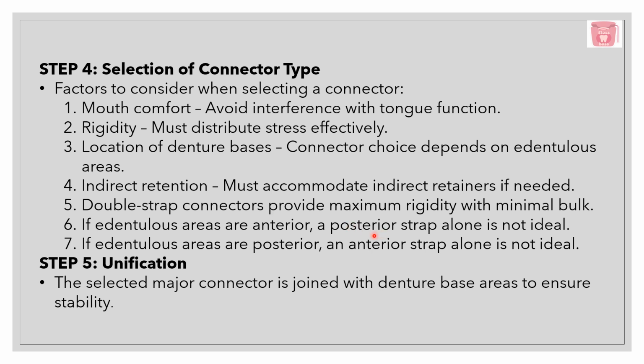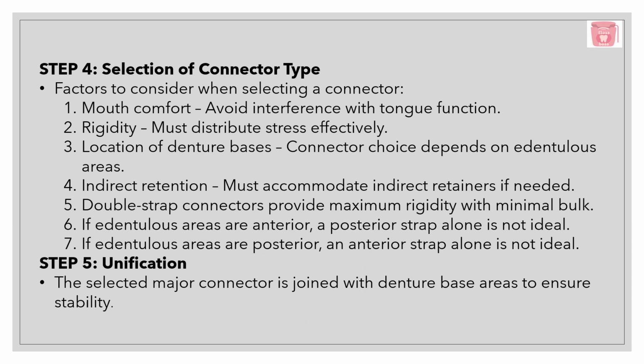Then you have to give an anterior strap as well along with the posterior one. And if the edentulous areas are posterior, then only an anterior strap is not ideal. Then you have to give a posterior strap with an anterior strap to cover those posterior edentulous areas. Then fifth step is your unification. Then you have to join all the connectors with denture base areas to ensure the stability. In this step you need to join all the different components of the denture to